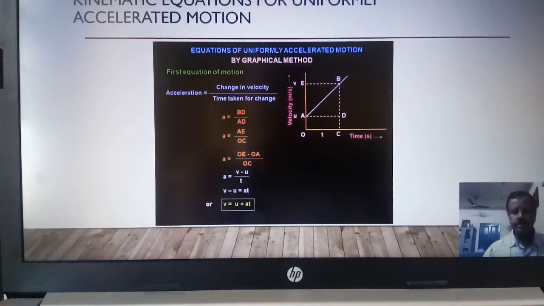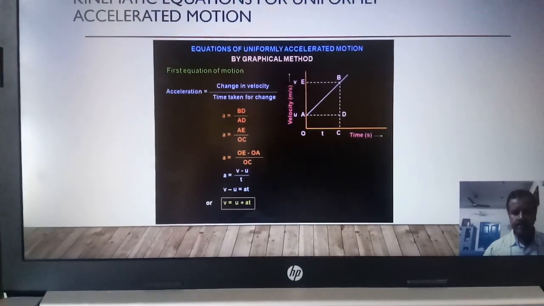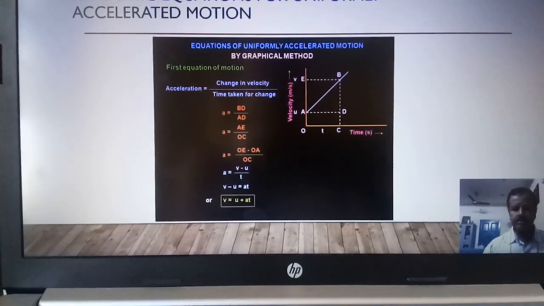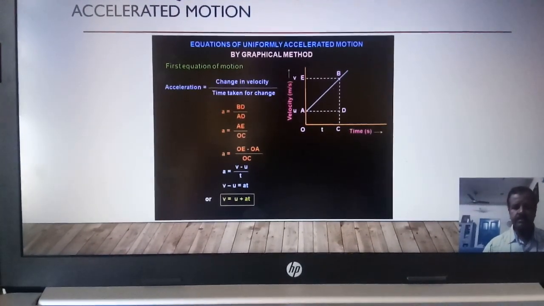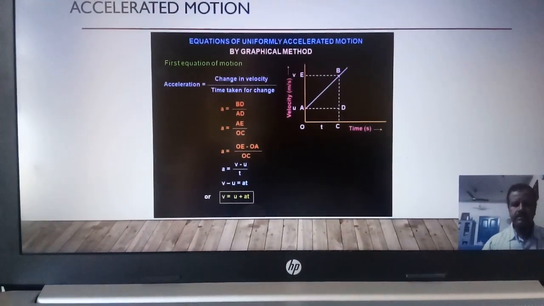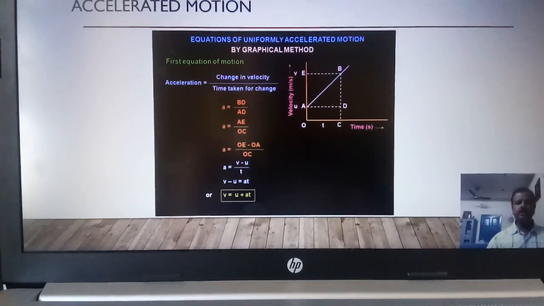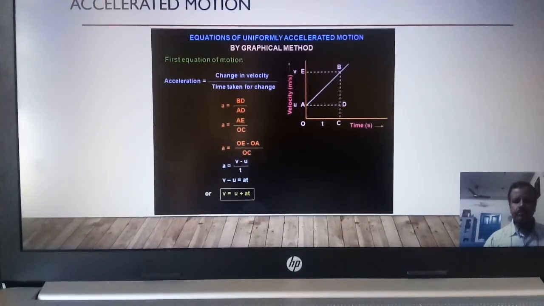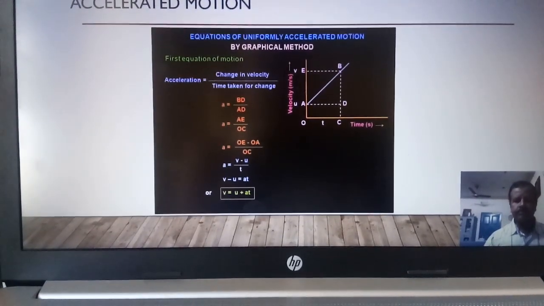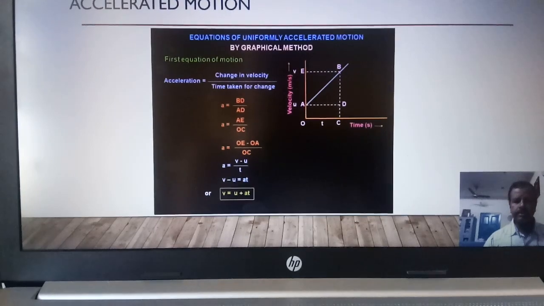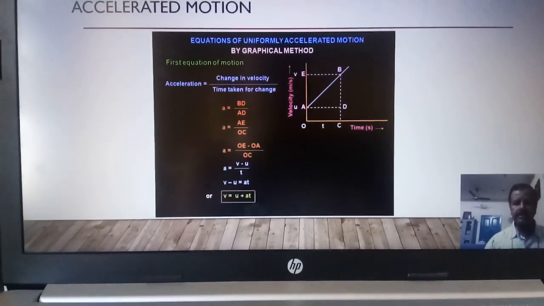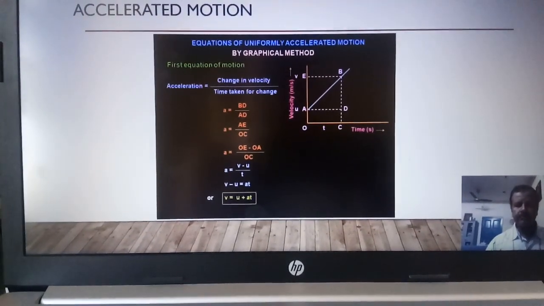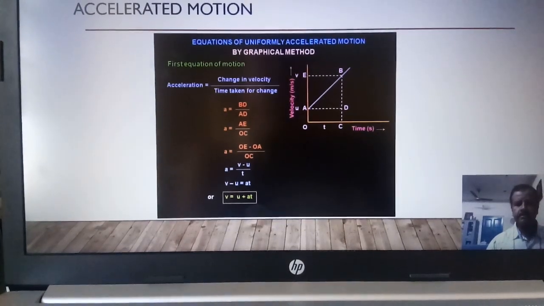Again, we are going to derive the same thing in this 11th standard also. So the procedure is also the same, the concepts are also the same. The only thing that you need to remember is that these three equations are derived graphically for a uniformly accelerated motion. Remember, for a uniformly accelerated motion only, you will get the graph to be a straight line. Look at the graph. The graph is a straight line.